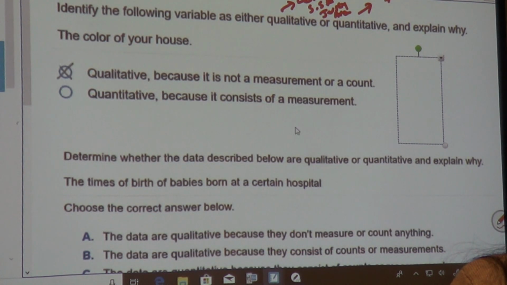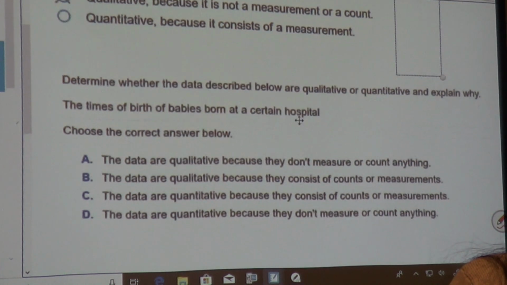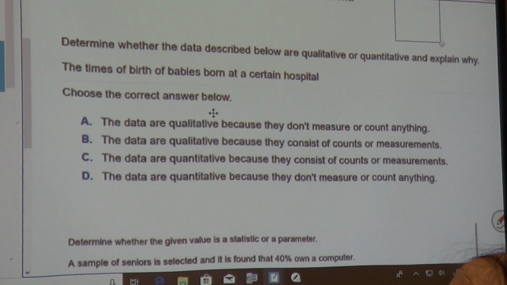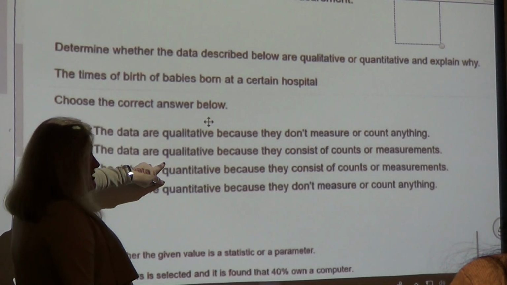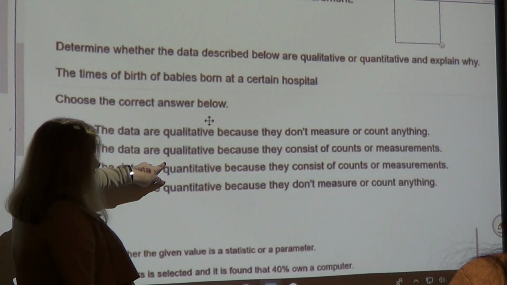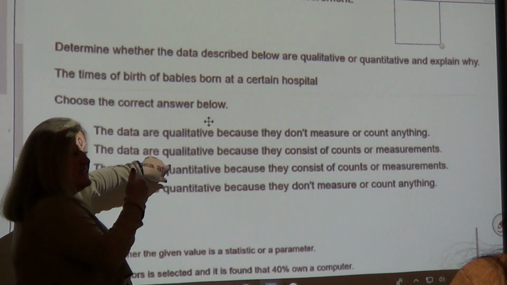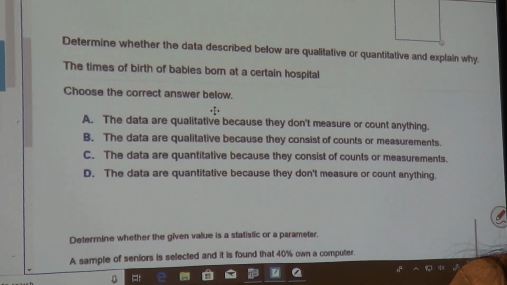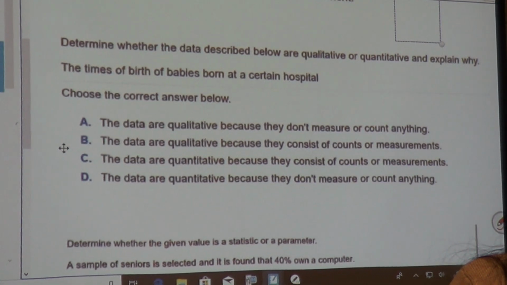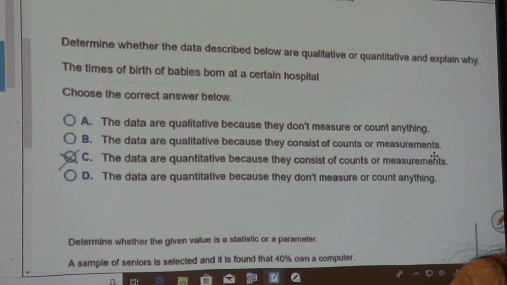And your exam is multiple choice, so this one's going to be kind of like what it's going to be on your exam. The times of birth babies. Qualitative or quantitative? Quantitative. Okay, because they consist of counts and measurements, because it's counting a time. So just because you have quantitative doesn't mean you truly know the answer. This one's going to be C. And I'm not looking at the exam. The exam is what